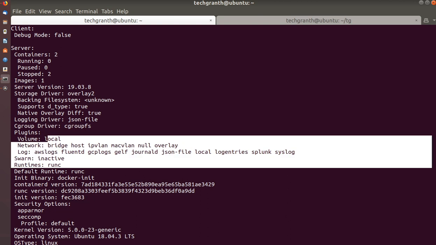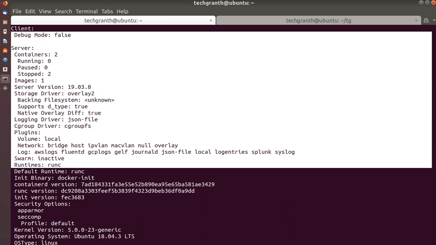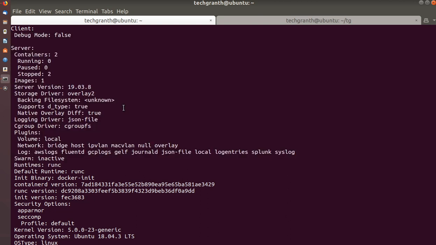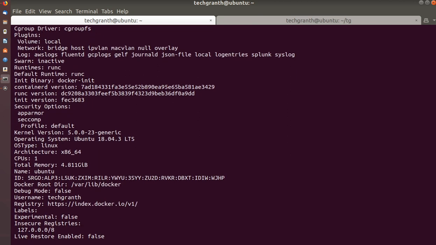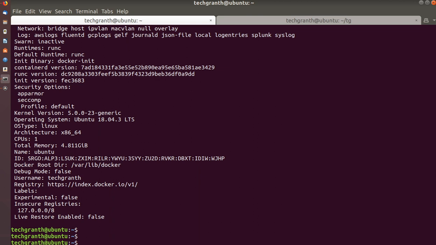So mainly these were the main things which you can focus on. If you press enter, you can see more details, right? You can see the kernel version, the operating system we are using right now, 18.04.3 LTS, long term support.